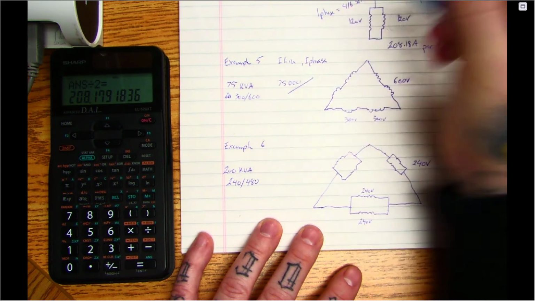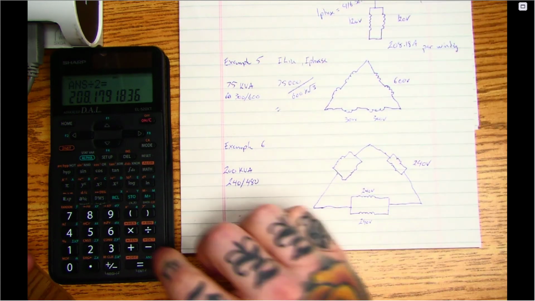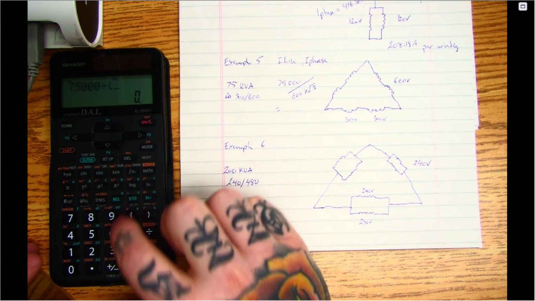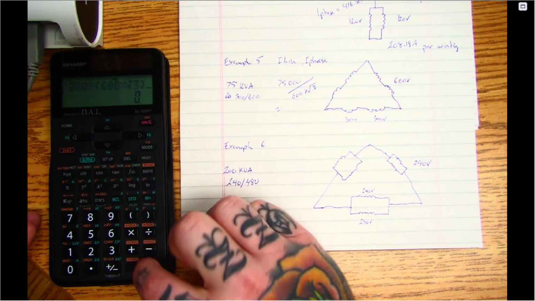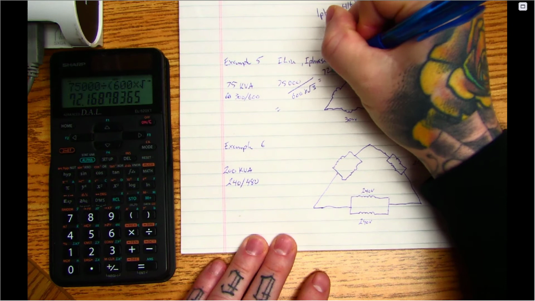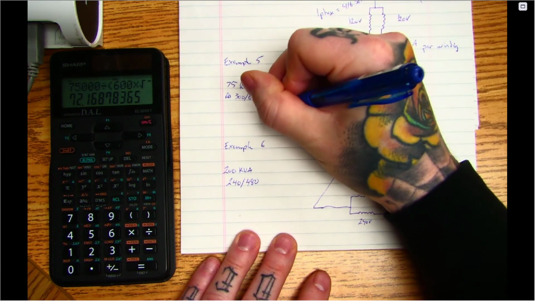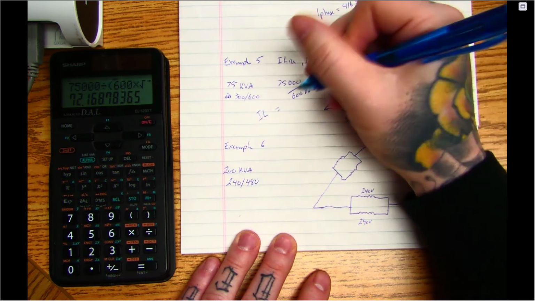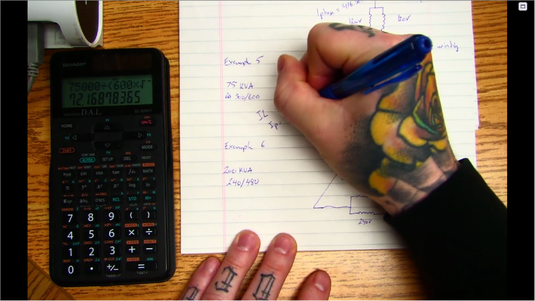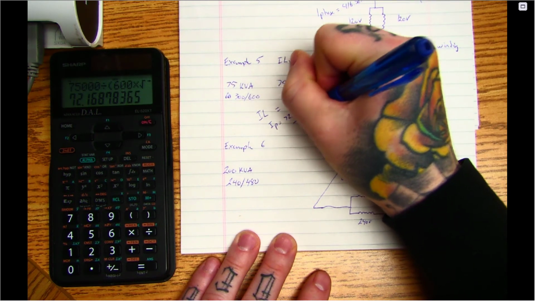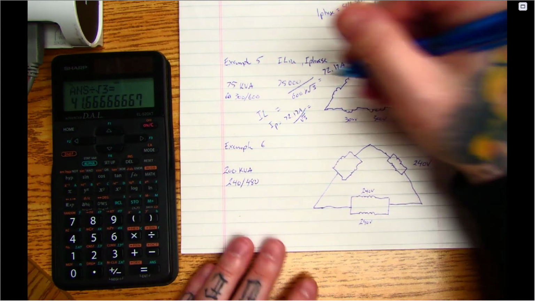So if we go 75,000 divided by 600 times root 3, we will get our line current. So 75 divided by 600 times root 3, and I get 72.17 amps. Again, that's my line current, so I line is 72.17, so I phase is going to be 72.17 divided by second function root 3, and I get